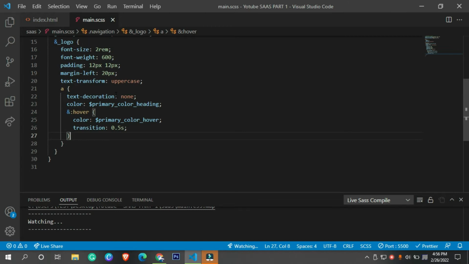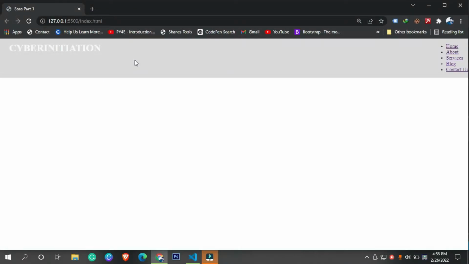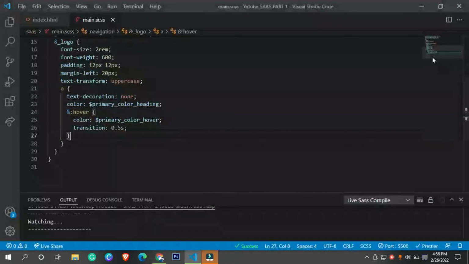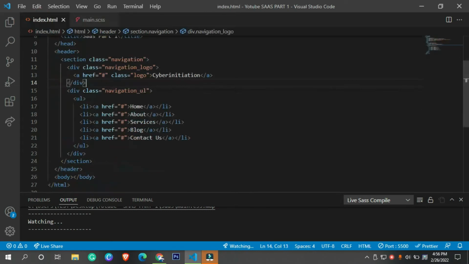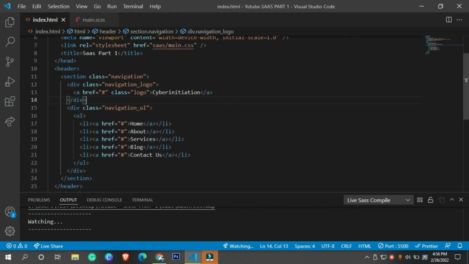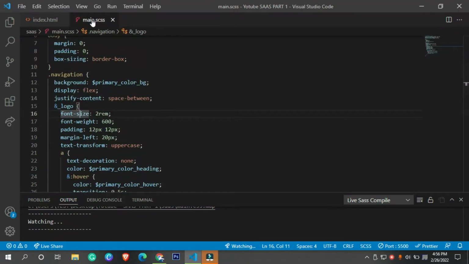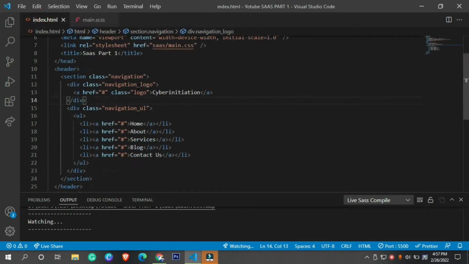So now we need to target the navigation link, and how exactly we can target it. Basically we need a horizontal navigation bar. In order to target it, here's the navigation link, and this navigation link ul, unordered list, is inside the navigation. Inside the navigation, you can easily understand that.